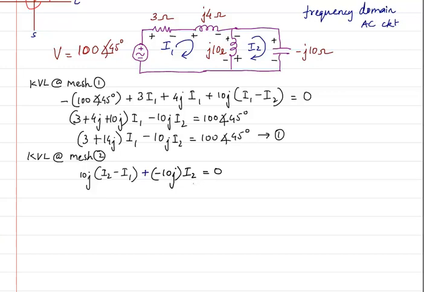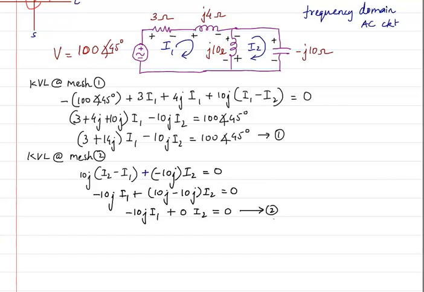From here I can see that in I1 I am having only one term, so this is minus 10j I1 plus, for I2 I am having 10j minus 10j I2 is equal to 0, from which I can actually write minus 10j I1 plus 0 I2 is equal to 0. This is going to be my second equation. Now remember here,